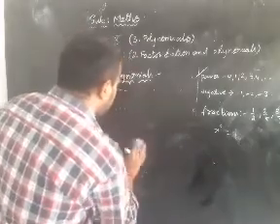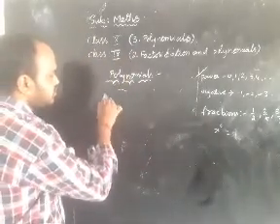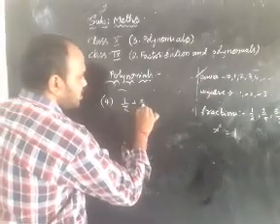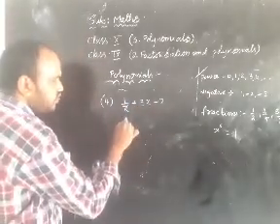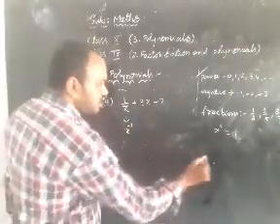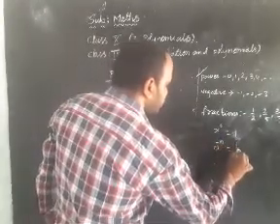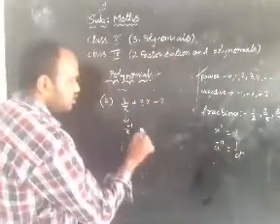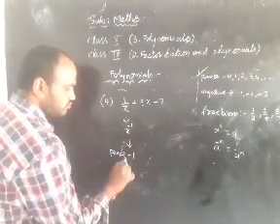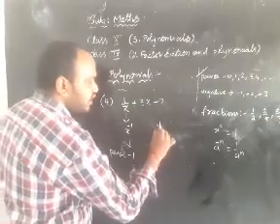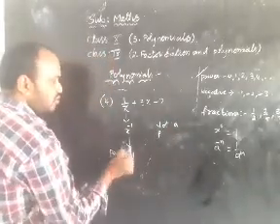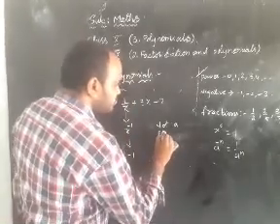Now if we see like this, 1 by x plus 3x minus 2. This 1 by x we can write as x to the power of minus 1 according to our exponent formula, that is a to the power of minus n we can write as 1 by a to the power of n. So now what is the power here? The power is minus 1. So it is not a polynomial, because the power is minus 1 here.